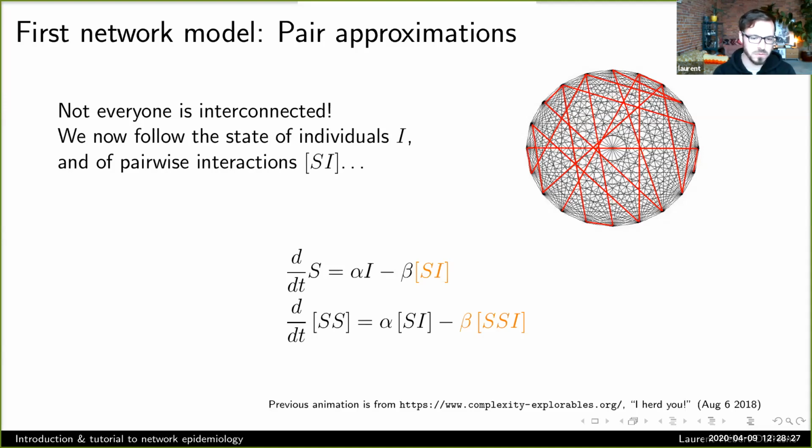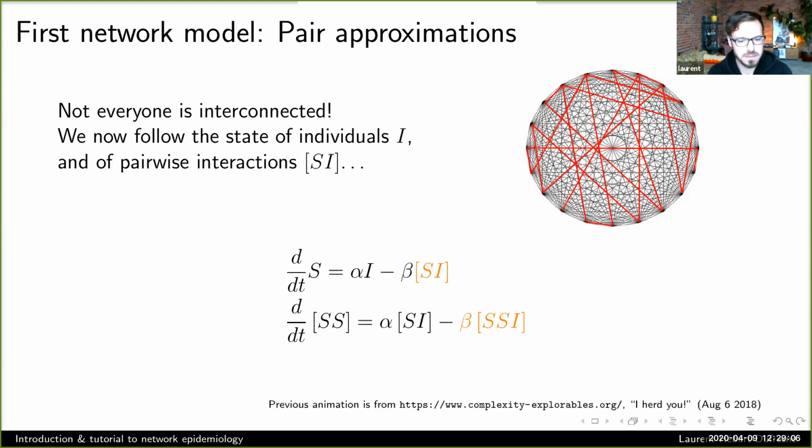So in the previous model, we were just distinguishing individuals. Are you sick or are you healthy, right? Are you susceptible or infectious? Here we're gonna keep doing that for individuals, but we're also gonna look at contacts, at pairs of individuals. So contacts can be of 3 types in the classic SIS model. You can have 2 susceptible individuals, we're gonna call it SS edge, or you can have an SI edge, which is the same as an IS edge, or you can have an II edge, right? And if we follow these types of contacts, then we can do a better job at tracking the disease in something like a network, because we have some approximation of a network structure through these pairs.